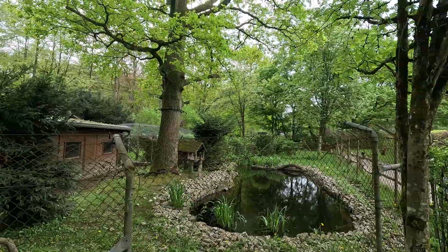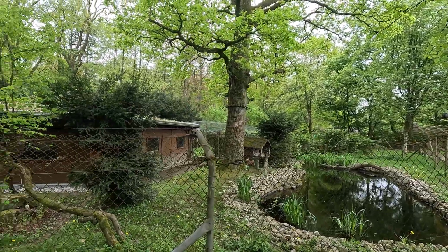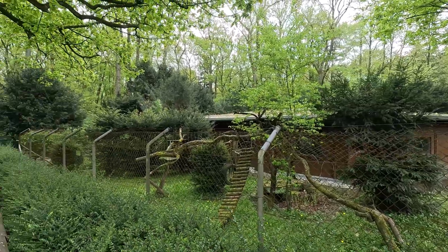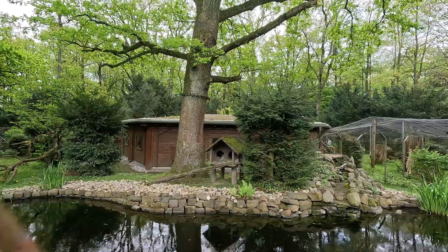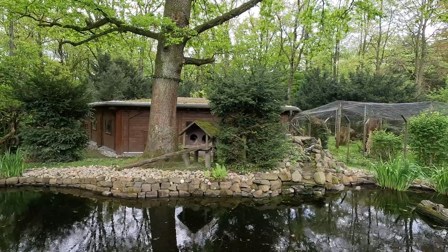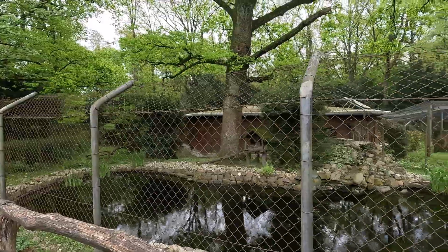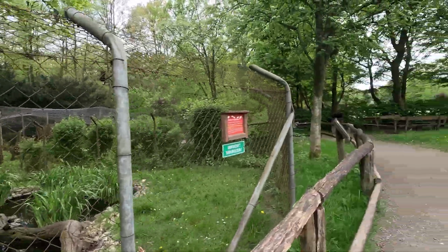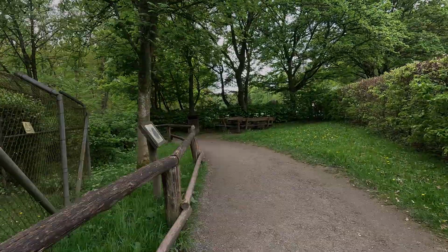I love all the little pebbles around the water feature. The big tree over there is blocked off by some hot wire, so they cannot climb that all the way, but there are some other climbing frames all around for them to use. A little hut over there with a plank going up into it. Yeah, I think that's a really cute little enclosure over here. It's quite nice. But that was it, so let's move on to the next one, which is going to be